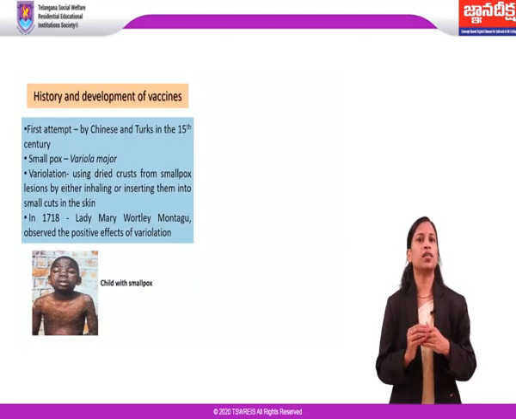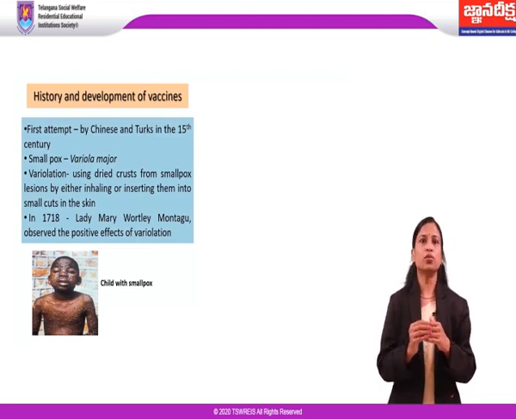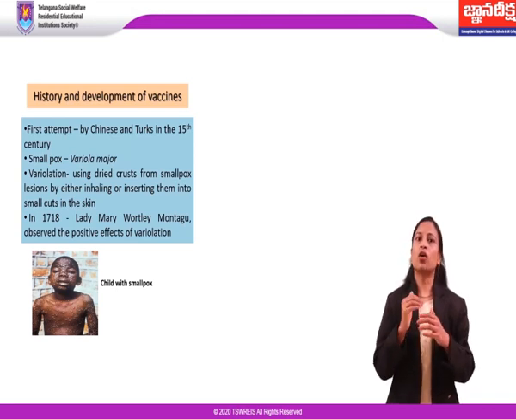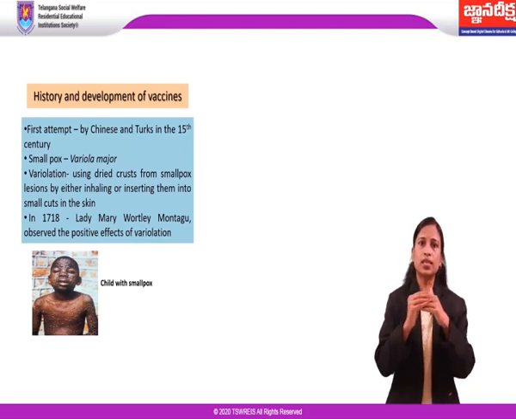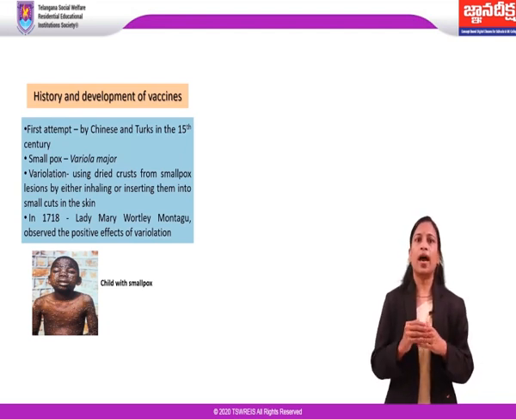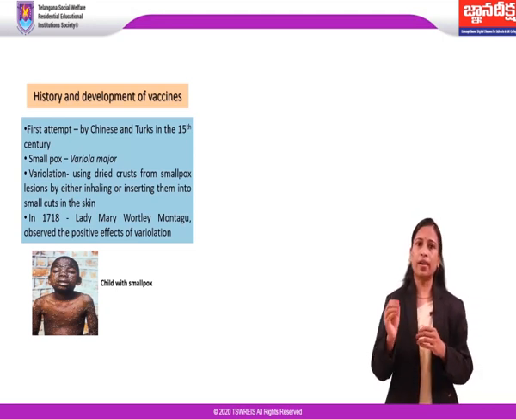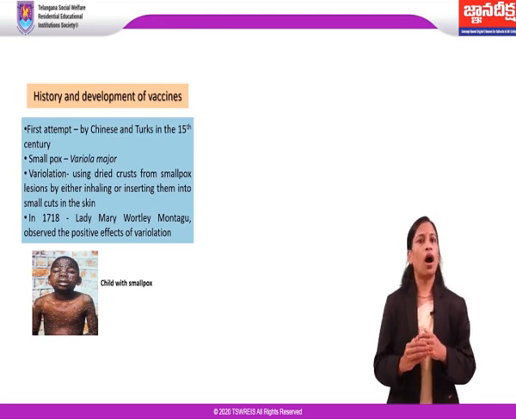The first recorded attempt was made by the Chinese in the 15th century to induce immunity to smallpox, a dreadful disease caused by the virus variola major, which has a 30% mortality rate, and survivors are often left with disfiguring scars. They introduced dried crusts from smallpox lesions either by inhalation or through small cuts in the skin,